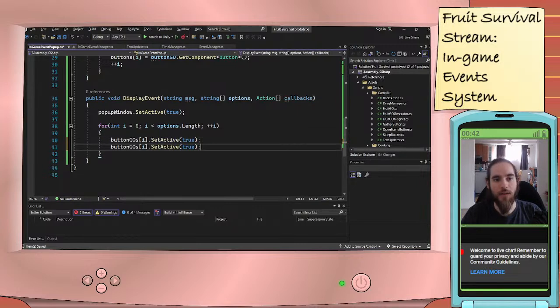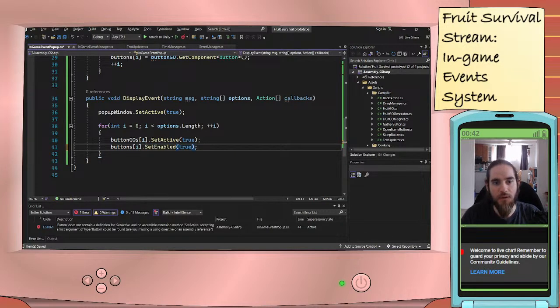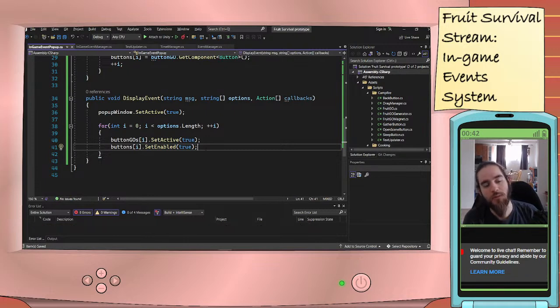Okay, now that it's true, I can do buttons at position I dot set enabled will be equal to true, because I will literally disable the buttons as well as making them not be displayed by making the game objects not active. I will also take the button entity itself and disable it every time. So I have to re-enable it when I activate it. And I will also